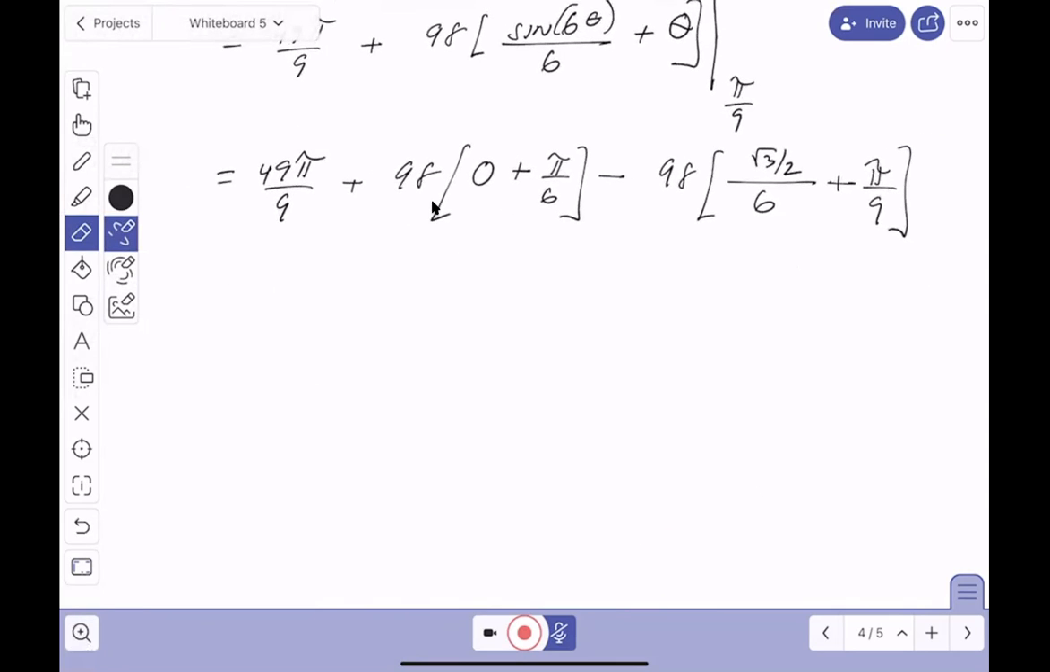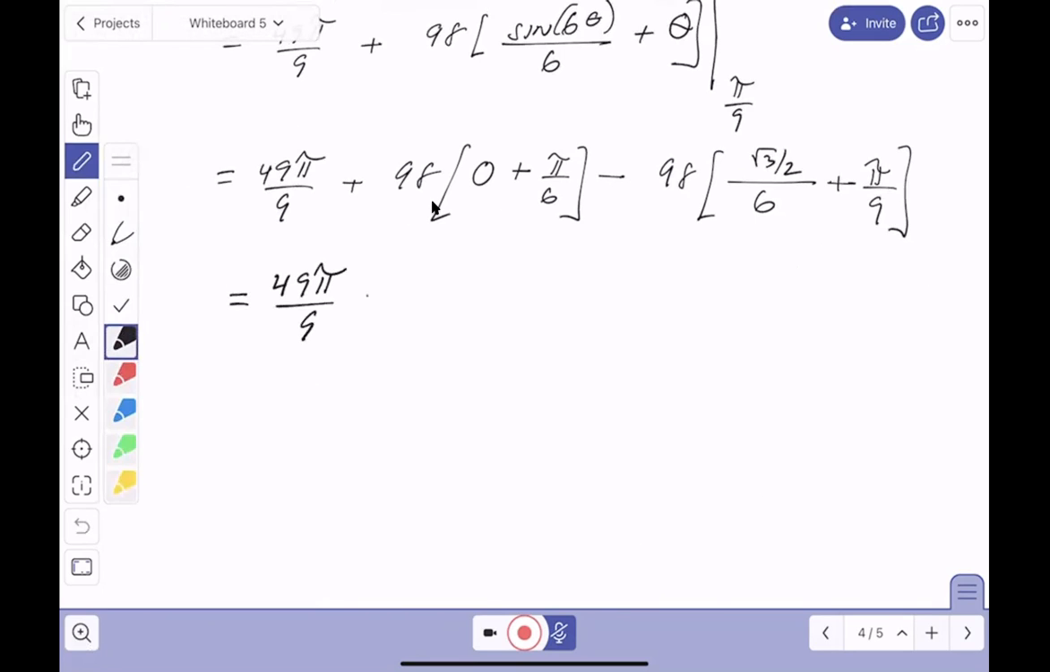So I'm going to write this down. 49 pi over 9. Let me see if I can do that. I guess we could divide through by 2, right? So that would be 49 pi over 3. So we did that right. Yeah, 49 pi. Minus,